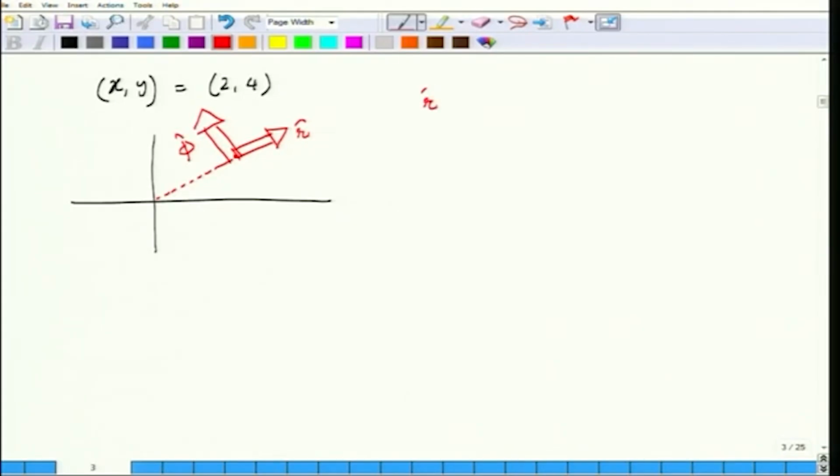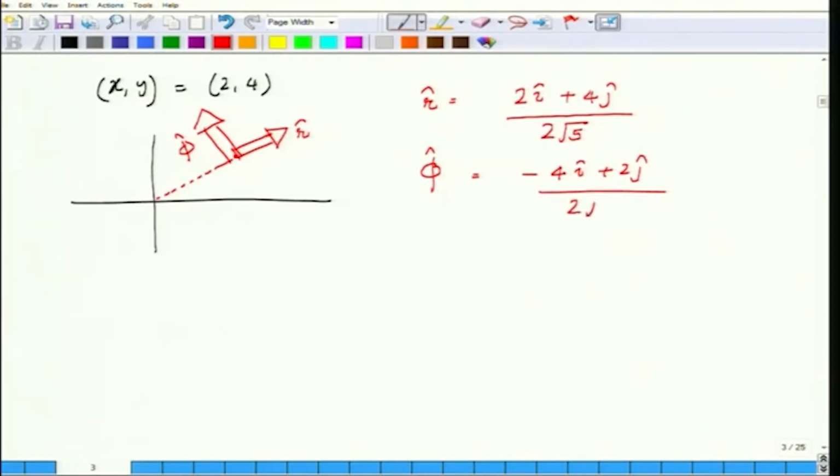I have r unit vector is equal to 2i plus 4j over, we have already determined what r is, 2 root 5. And similarly, I have phi unit vector is equal to minus 4i plus 2j over 2 root 5. That's part 1. In the second part, we have taken the coordinates to be 3 and 6, right, which is